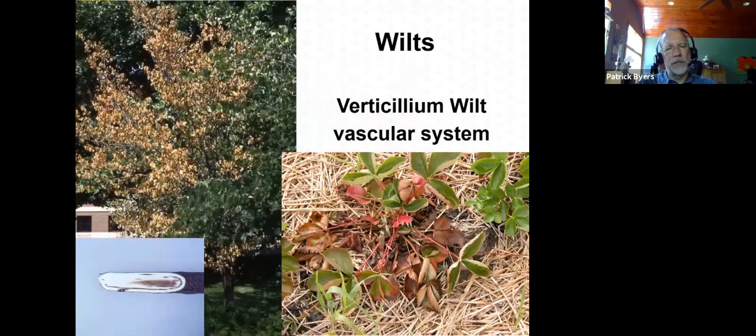Wilts. We have fungal diseases that can cause widespread wilting on the plant, in some cases the entire plant, as we see at the bottom there, verticillium wilt attacking the strawberry, or it can cause wilting of a branch or a portion of a woody plant. And in this case, verticillium has attacked the root system and the side of the tree and the branches that are wilting. Verticillium is a disease that through its activity blocks the water conducting tissue of the plant. And the result, of course, is the wilting and death of the tissue above where the infection takes place.